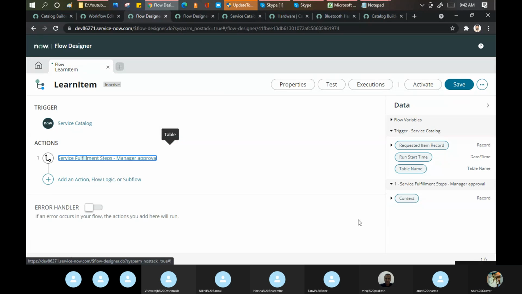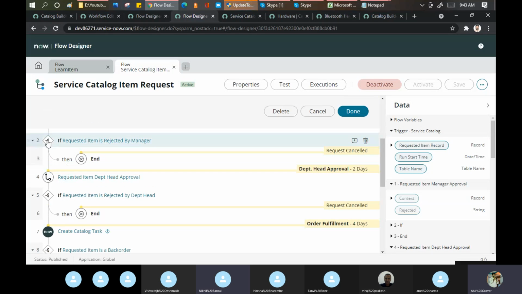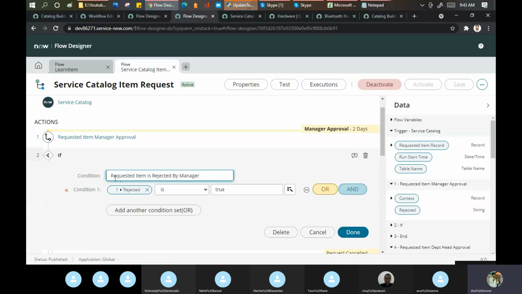Done. Now when you send it for approval, what is next? Either the manager will approve this or the manager will reject this. Yes or no? Yes. So again here they are using another condition.